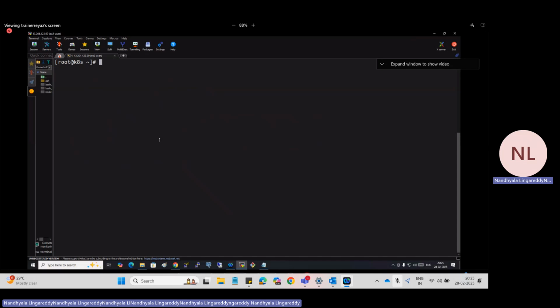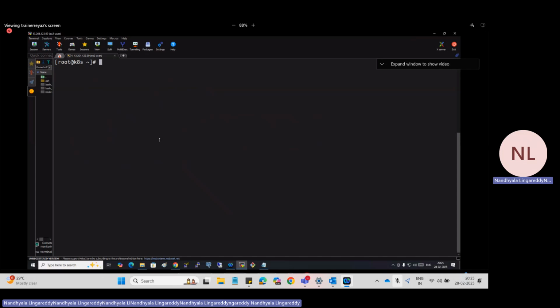Kubernetes services allow you to expose applications which are running on the pod. The key concepts of Kubernetes services are: cluster IP, node port, load balancer. Many people will say these three, but there is one more in between.